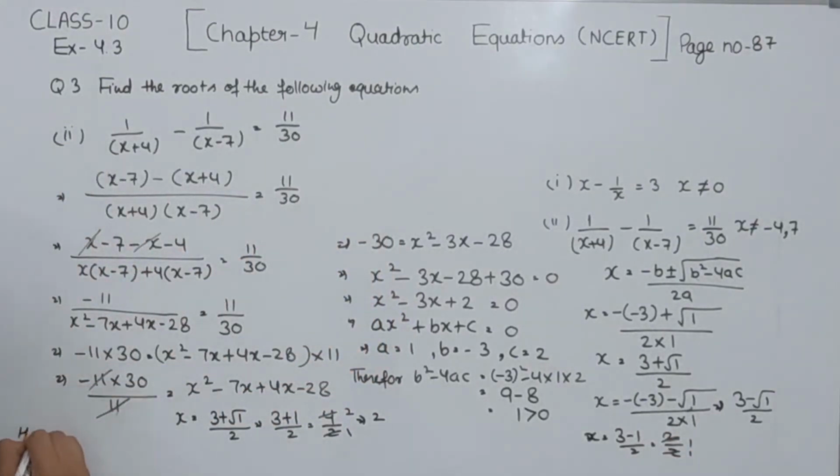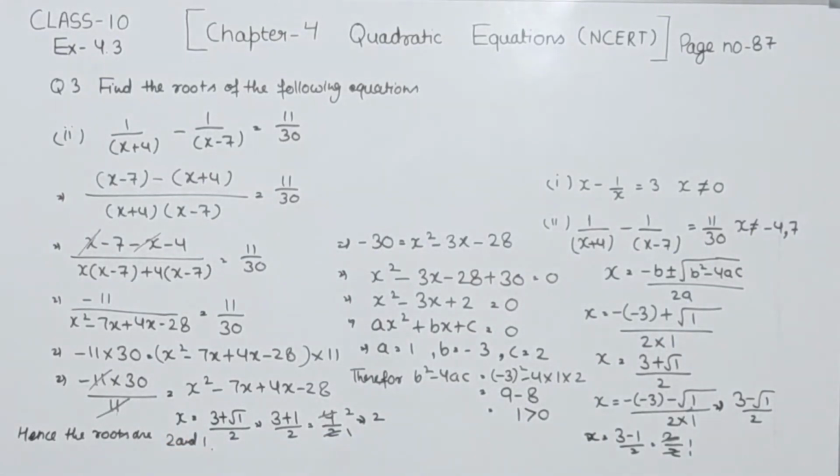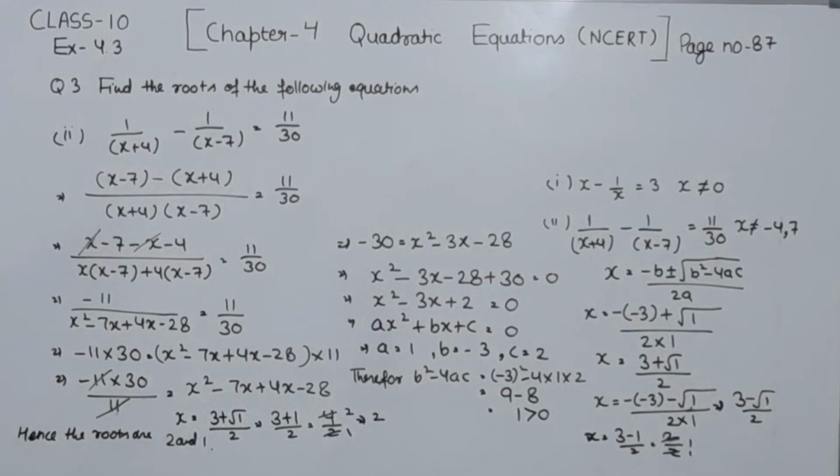So we have the roots, and we are going to write them here. Hence the roots are 2 and 1. The two roots we have are 2 and 1. So this is part 2. With this we have completed question number 3. In the next video we are going to start with question number